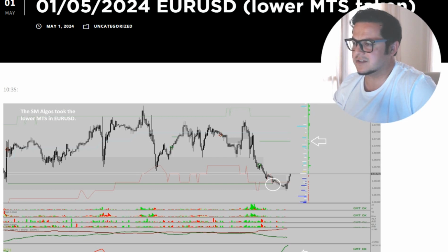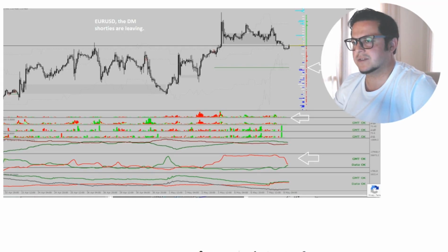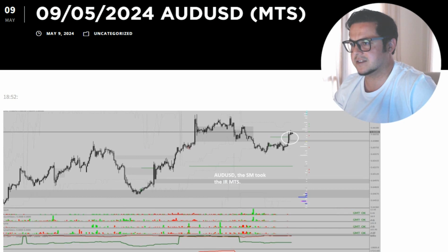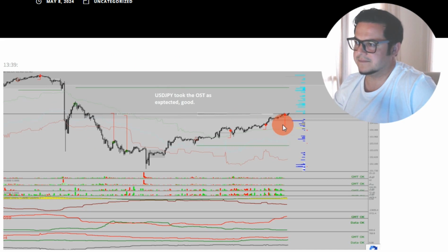I did very well in those 2 weeks, despite I wasn't at the screens as much as usual. But sometimes you see when you identify the scenarios, it's not even necessary to be at the screens 10 hours per day. That's the truth. I mean, unless you want to do short-term trades and all that, most trades easily take 2 days or something like that. So my analysis has been on point. Markets have been doing what they should be doing. And there were some very good setups which were very tradable, like here in EURUPAUD and in Aussie and in dollar yen. Okay, so I did well. I'm sure most of you also did good.